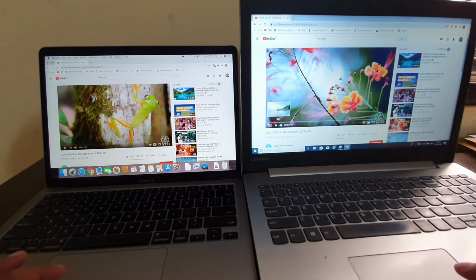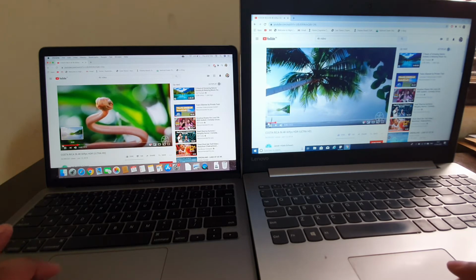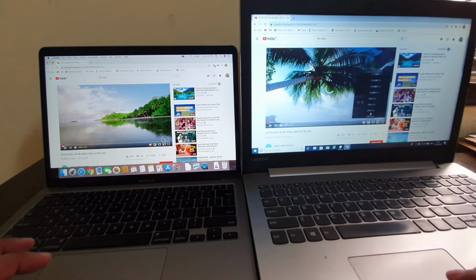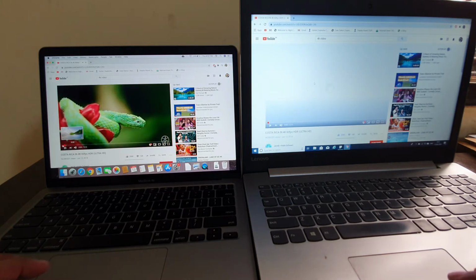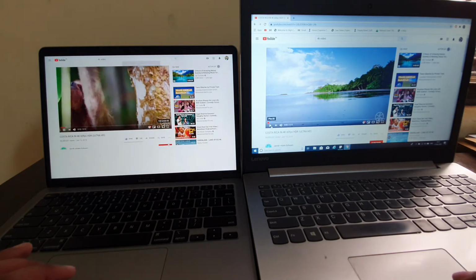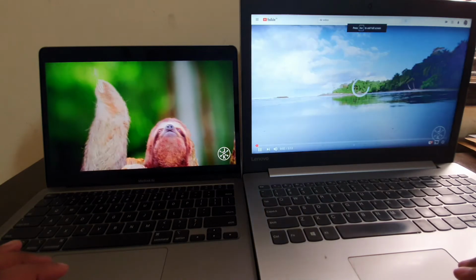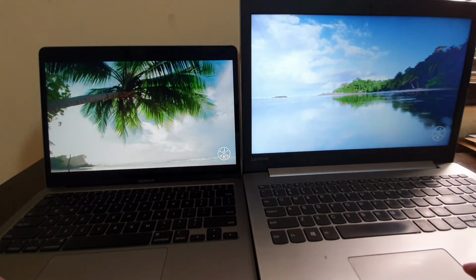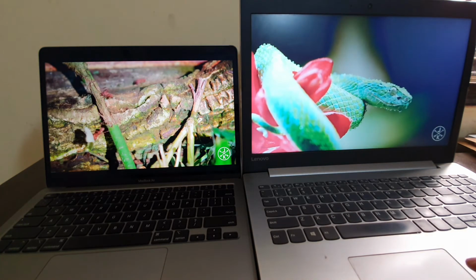I will restart both again. I am setting the resolution to the same. Both screens have been set on the same brightness and full volume.